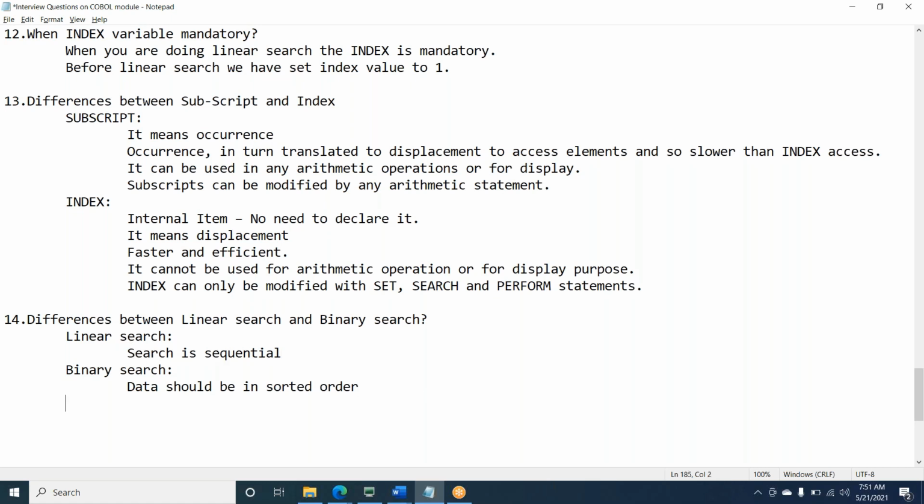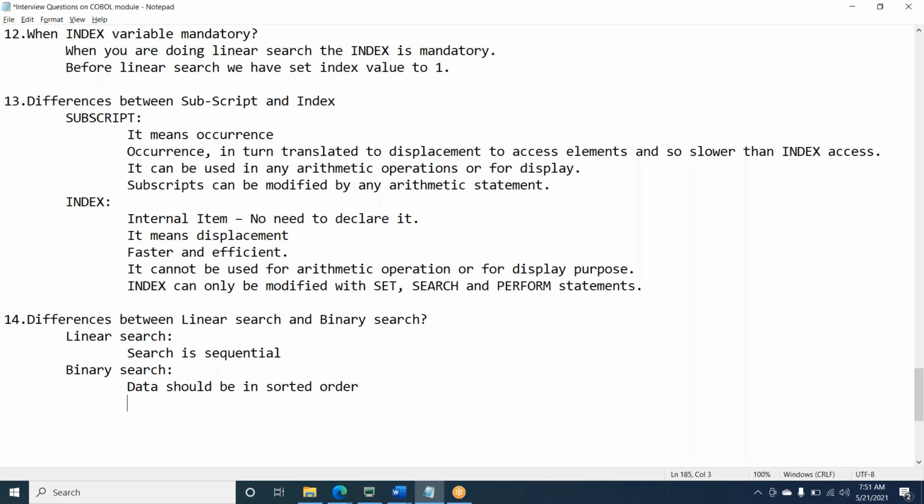When it comes to binary search, it will divide into 50-50%. 100 records will be divided into 50-50. You will see whether it is in the first half or second half. If what you are searching is in the first half, then it will be searched in the first 50. It will be divided 25-25 like that. It is not random.